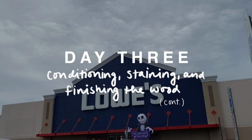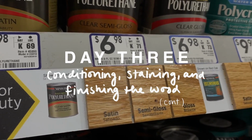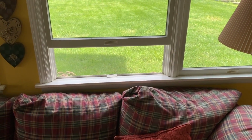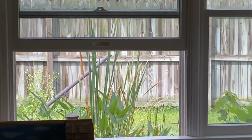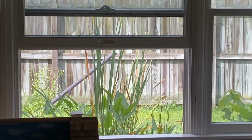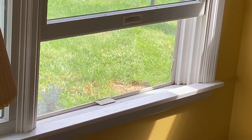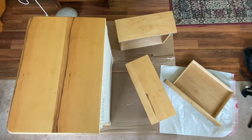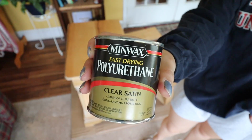I started this day out by going to Lowe's again because I forgot that I needed polyurethane to seal the wood, especially the top, because I'm going to be putting drinks and stuff on it. Anyway, you don't care. I'm going to be working inside today because it is supposed to rain and the humidity outside is quite a hindrance to letting things dry. This is how our nightstand is looking with the stain applied and everything, and now we are ready to finish it off with the